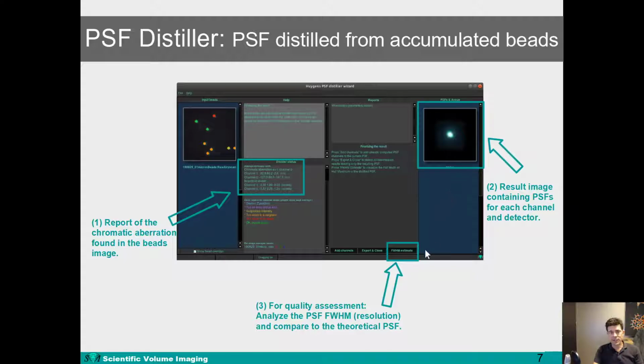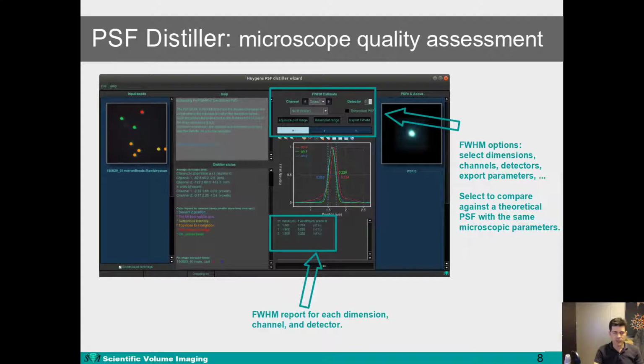Lastly, the PSF Distiller will give us the option to assess the quality of the PSF. This will also be useful to get an idea of the resolution of the system and how it compares to the theoretical PSF. So if we click on this button, FWHM estimate, we come into the next stage of the tool here. You see that the tool now